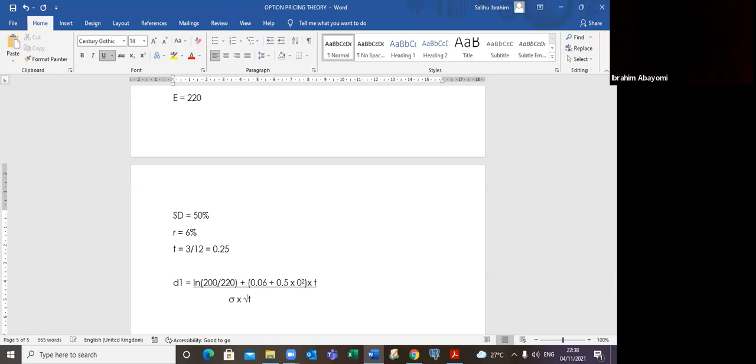You now put 0.5 squared because you need variance there, times time to expiry, 0.25. Everything over 0.5 times the square root of 0.25. So D1 will be equal to